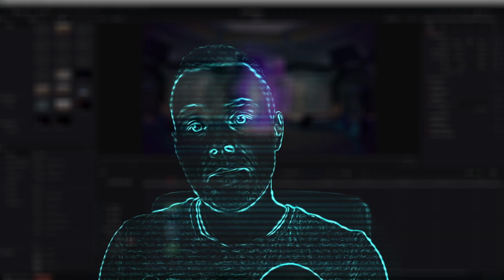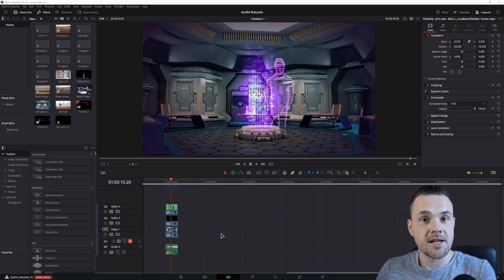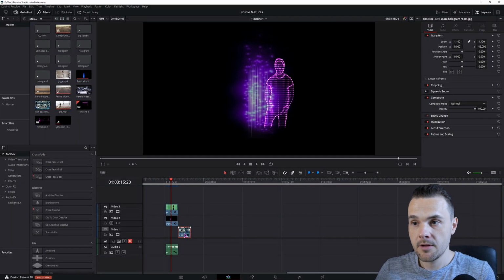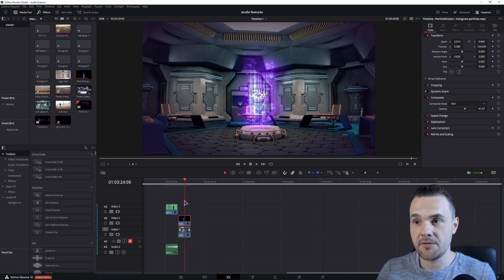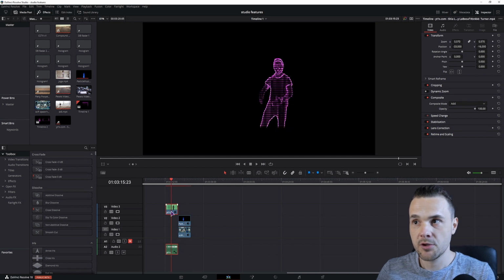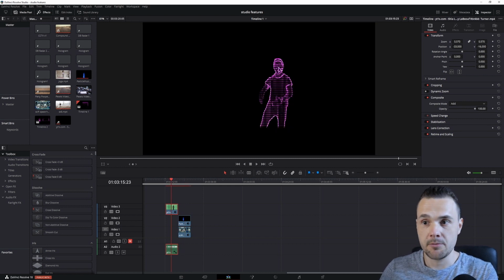In today's quick video we'll take a look at how you can save effect presets that you've made in the color page of DaVinci Resolve, something like this one that I've made in the previous video. Now let's get digital. So this is the example that I'll be using. I just have a PNG image at the bottom. I have some effect particles, but the effect that we'll be using is this one, which basically makes a hologram